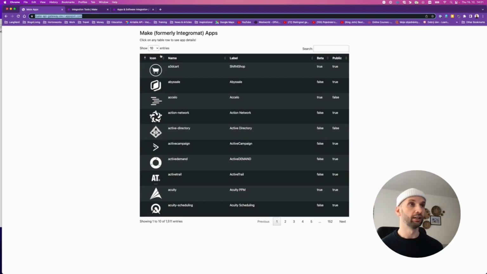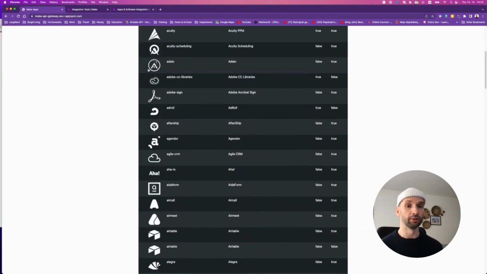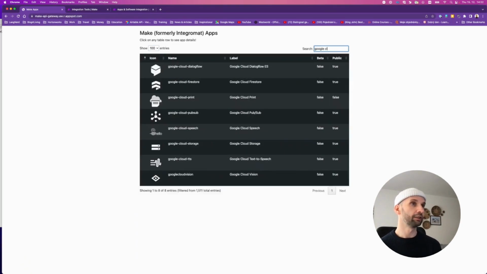This list is essentially based on someone else's work. Someone else in the community provided a list of applications, the latest, greatest of what Make has to offer, in the community forum, and I turned it into this table. The table is completely searchable, so I can search for Google Calendar,